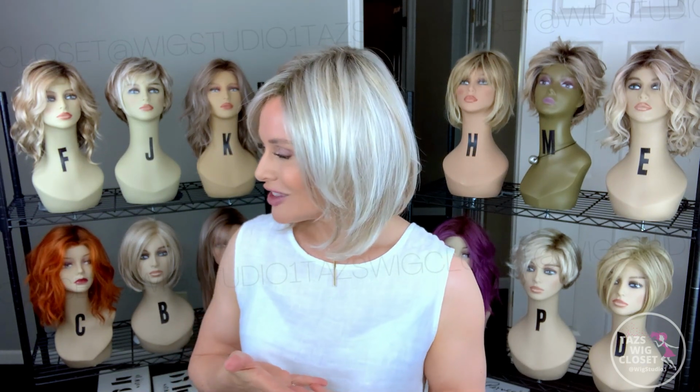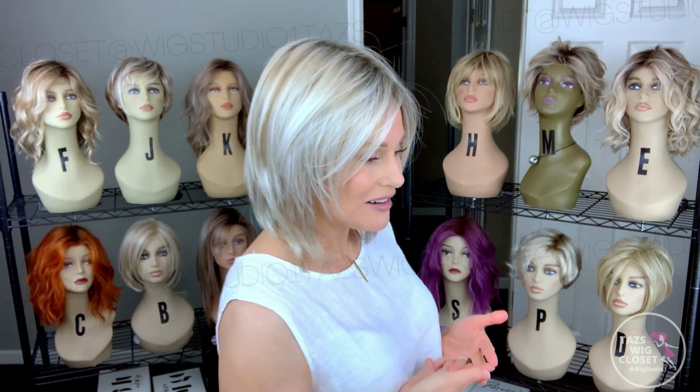It's a short to mid-length, very heavily layered, straight, modernized bob style cut. This style is right out of the box. I shook it out and I separated the weave pattern that the part was in, and that was it. That's all I've had to do. This is a fresh application of this style. But I do want to give you an idea of the packaging by running just a short clip here of the unboxing of